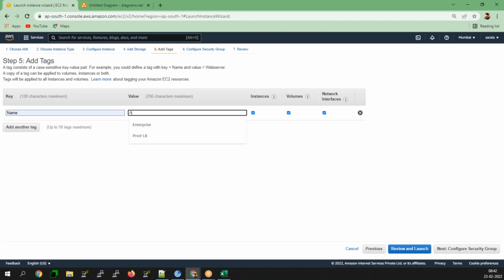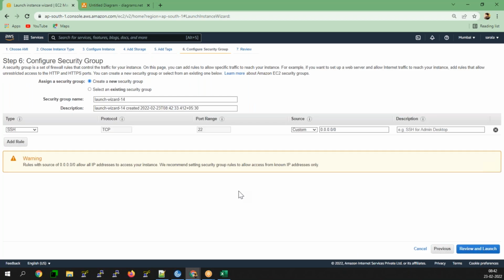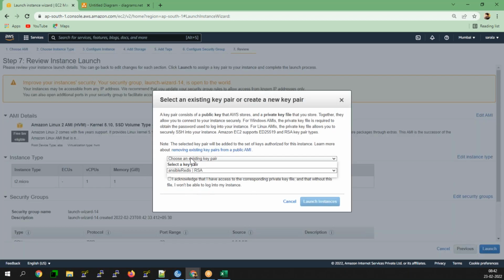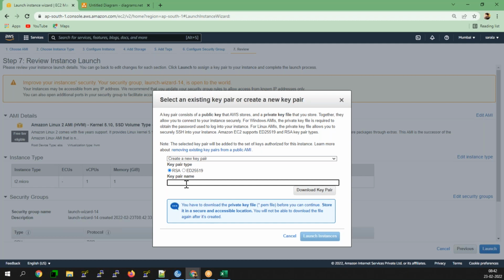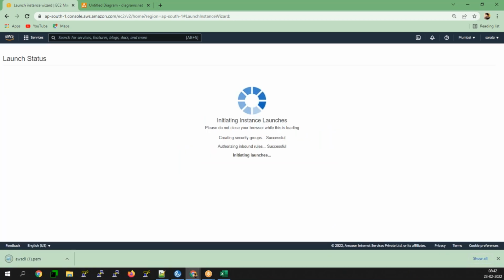Name equal to AWS-CLI. Next, security groups. No need to open any port for your AWS CLI here. Review and launch. Download the key pair and launch the instances.